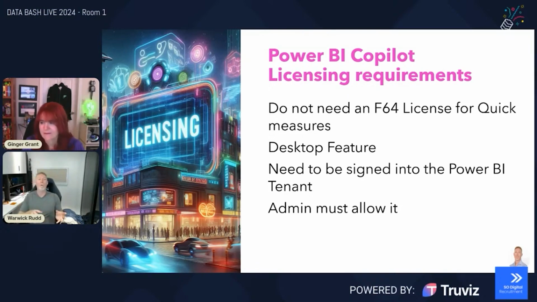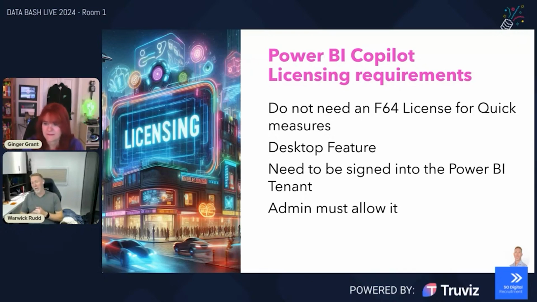If we want to use Copilot for Power BI Desktop, we need admin, member or contributor access and at least access to a workspace that is assigned to an F64 capacity or higher, so our premium capacity, P1 or higher, that has Copilot enabled on that capacity.